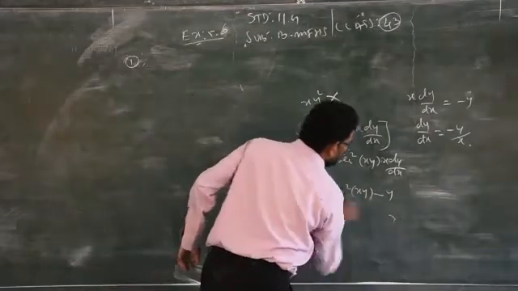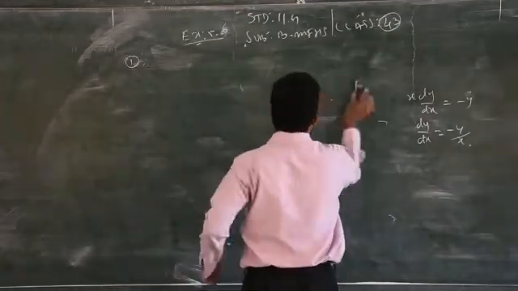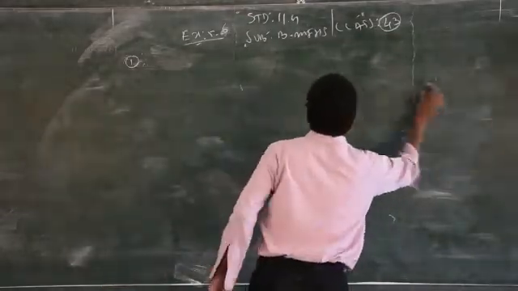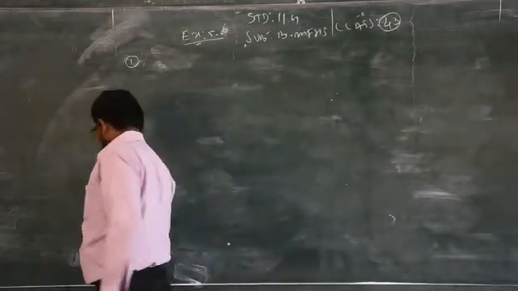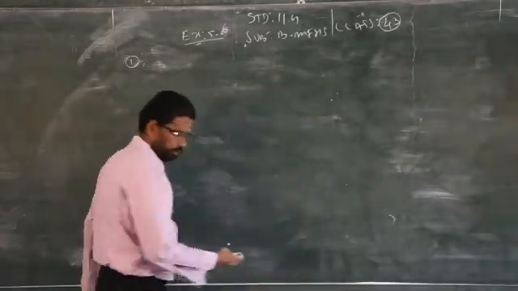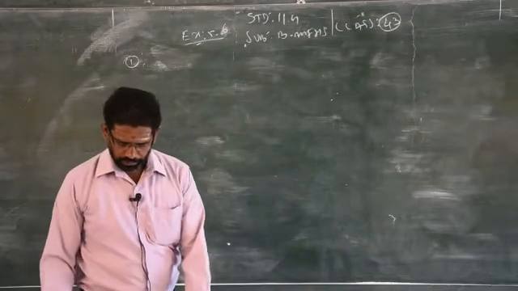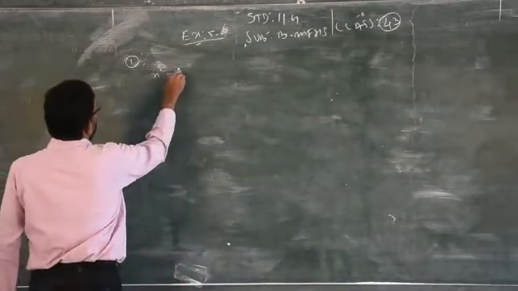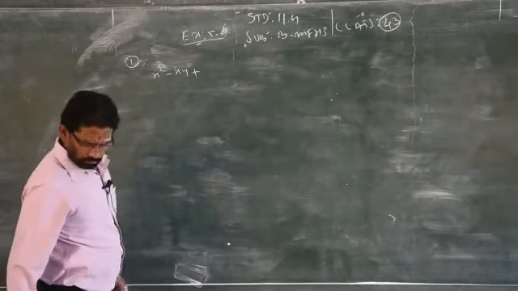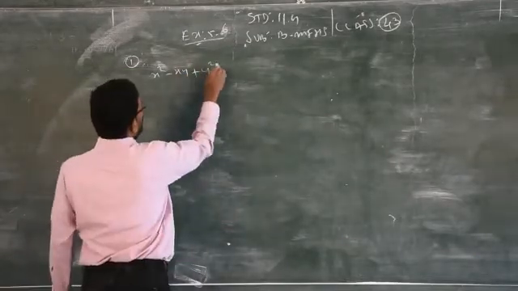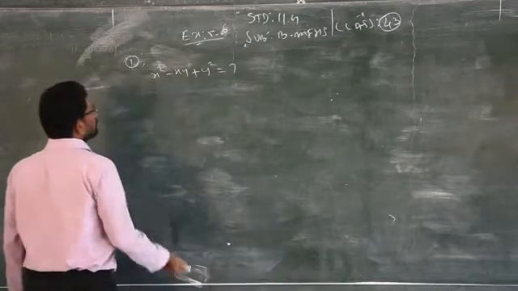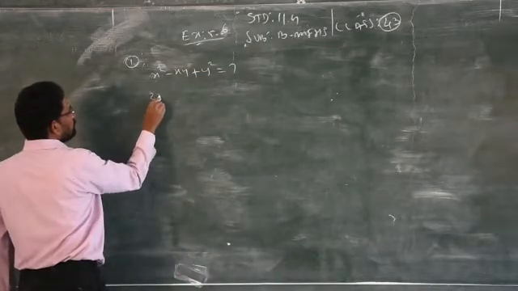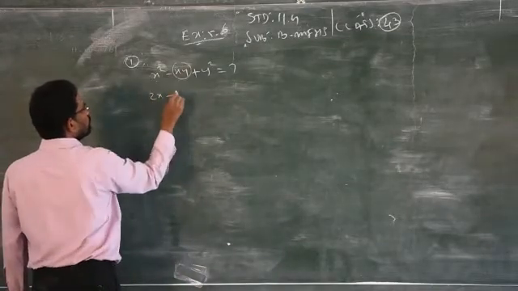This is very easy. The only thing is you have to memorize the formula for derivatives of algebraic ratios. The second one: it is given x square minus xy plus y square is equal to 7. The differentiation of x square is 2x. Then you have to apply the UV method.